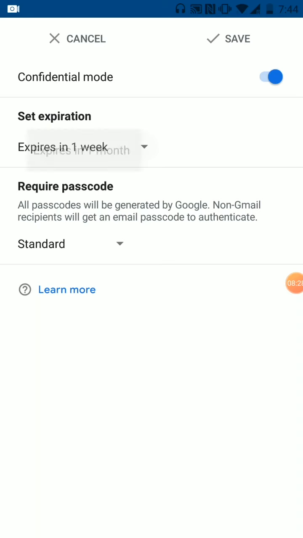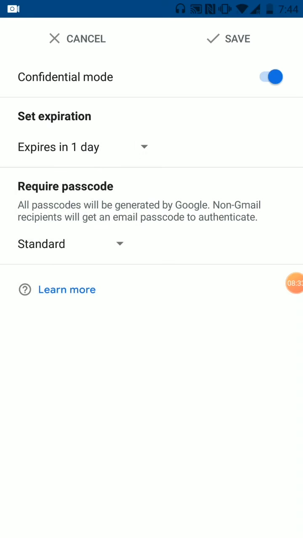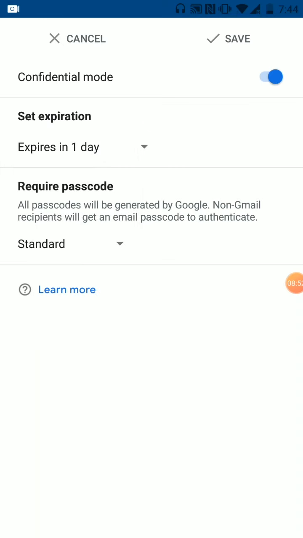So if I set an expiration date of a day, this mail will only be accessible for 1 day, after which it cannot be accessed by the recipients. This option also doesn't allow the recipients to forward this mail to other people, so your mail remains safe.